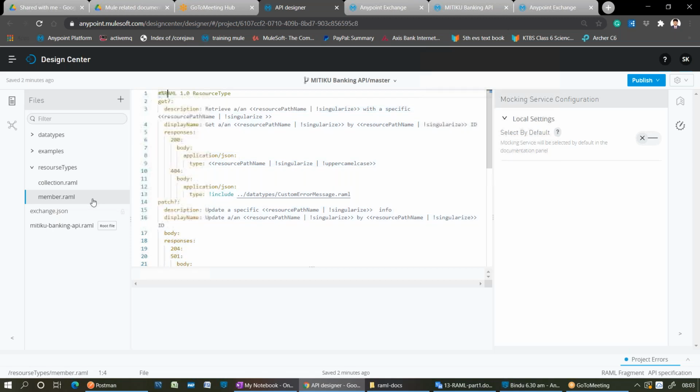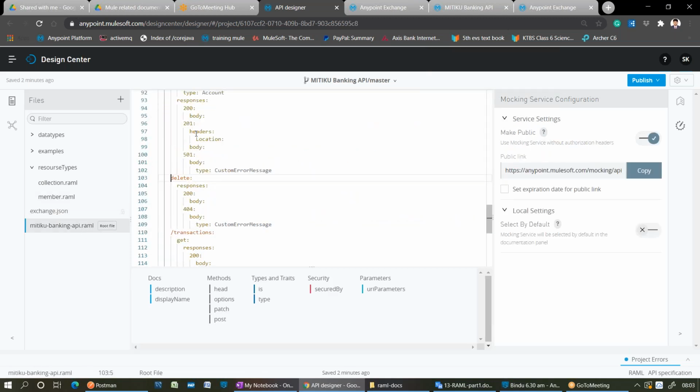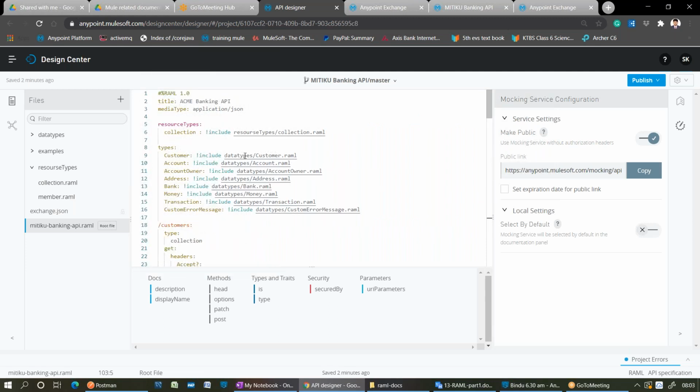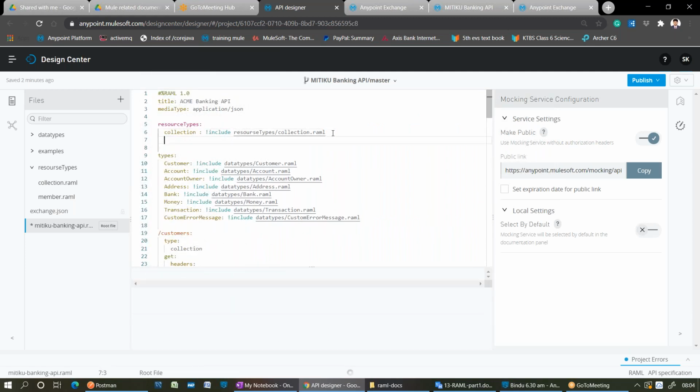See, if I refer this member.raml to my main raml file, let me show you how to refer. I'm just taking it into some variable, include, resource types, member.raml.